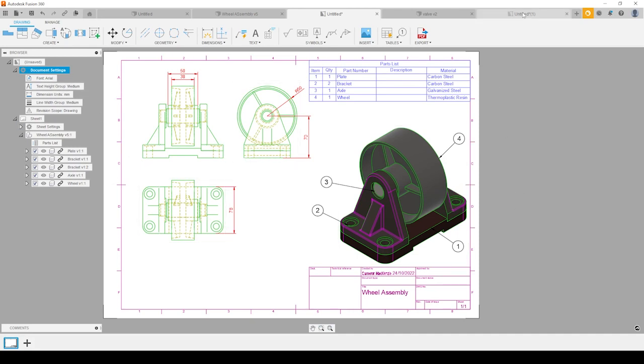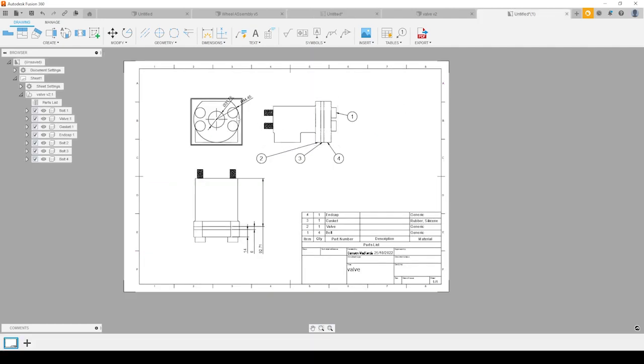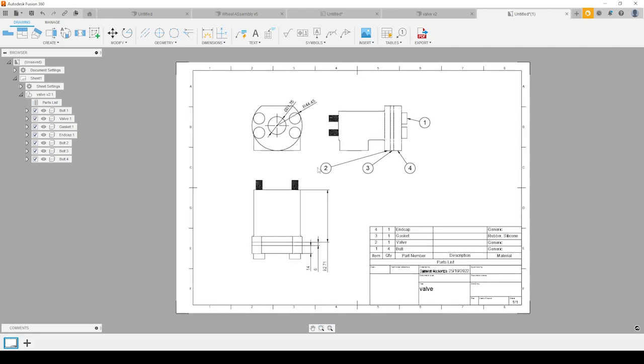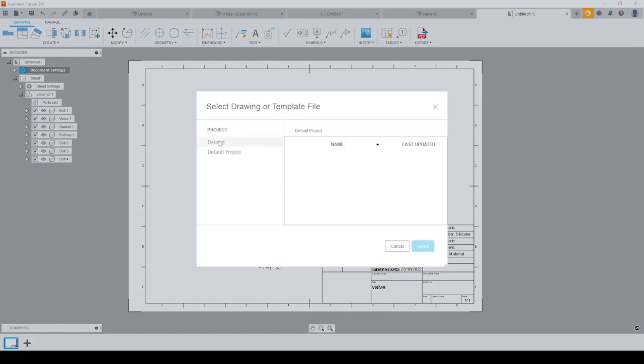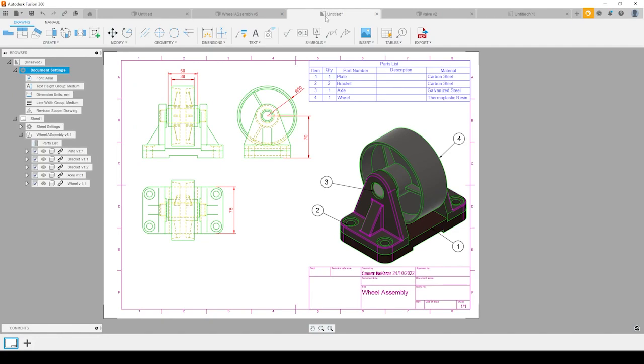The other benefit to that: if I open up this other untitled drawing over here, this is another drawing I've quickly put together a little earlier. We've got the ability to right click on here and import the document settings from a previous file. So if I select import document settings over here, I will probably need to save the other one first. Let me just save this one very quickly